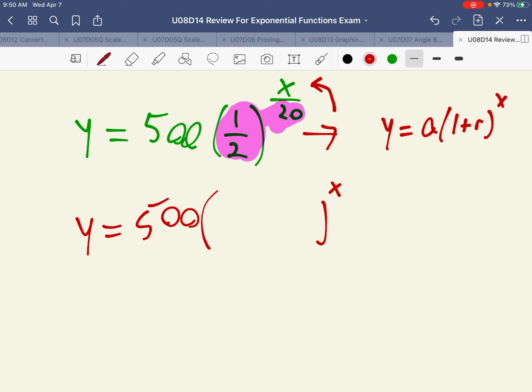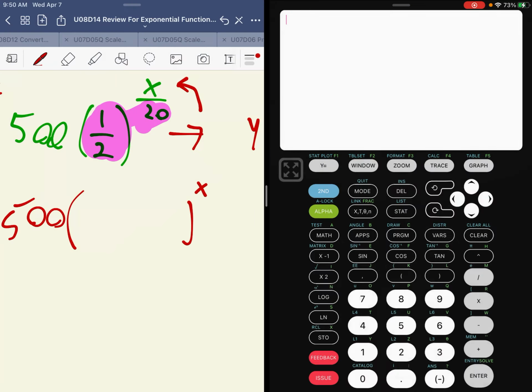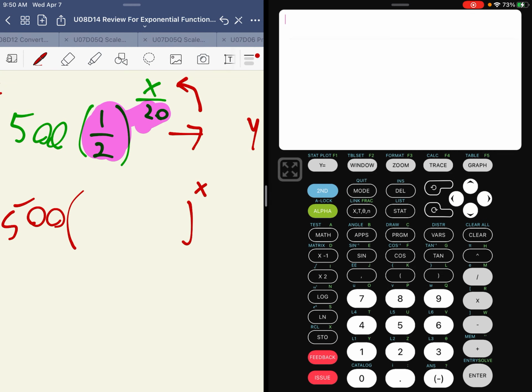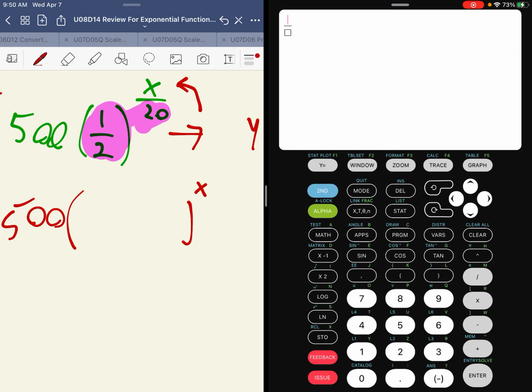So this was like a half-life example. I'm going to convert it into an annual example. So for this I need my calculator. I got a new one here. I'll put that over here. So using this calculator, I'm going to type in 1/2. I'm going to type in alpha y equals to access the fraction mode and choose fraction. I'm going to write 1/2 to the power of